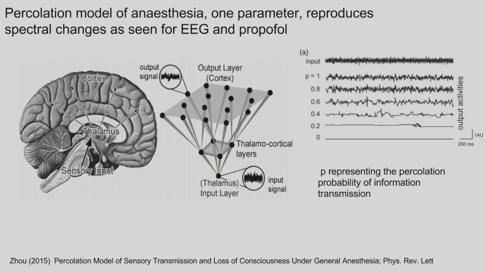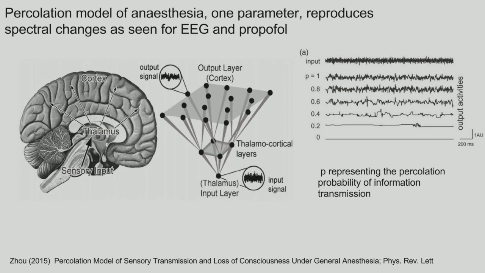Another approach that we try to use to clarify what changes in neural dynamics when people fall into unconsciousness, when they're anesthetized or when they fall into dreamless sleep, is to look at models. There was a Physical Review paper recently showing a percolation model of anesthesia. You feed some random time series at an initial node, which is then projected to other nodes with a particular percolation probability of information transmission. They show that if you let the information trickle through the system, a bit like liquid going through some material, which is where percolation theory comes from initially,